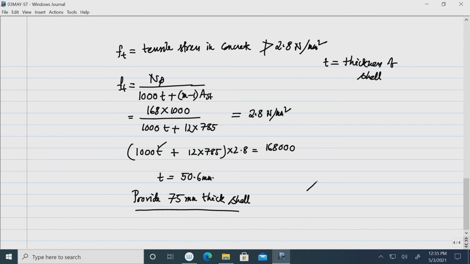So, a section of the shell, if I draw for the conical shell, reinforcement is put here in the middle, and then the distribution steel also may be of the same steel. So, we have provided this 10 phi at the rate of 100 center to center. Also the distribution steel is provided as 10 phi center to center. Thickness of the shell is now prescribed as 75 mm.